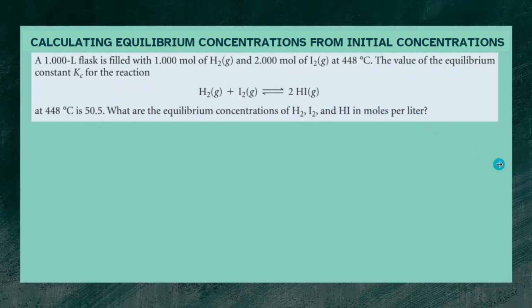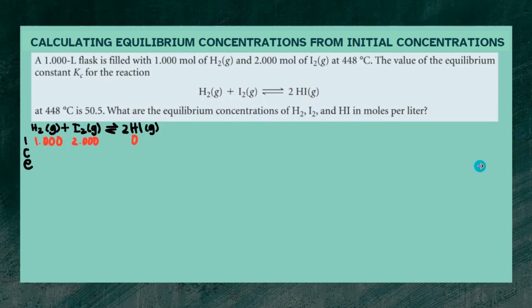So what we will be doing here is we have to set up an ICE table for this reaction. I stands for the initial concentrations, then C for the changes, then E for the equilibrium. For the initial concentrations, hydrogen has 1 molar, iodine has 2 molar, and hydrogen iodide has 0 molar, since there's no value indicated